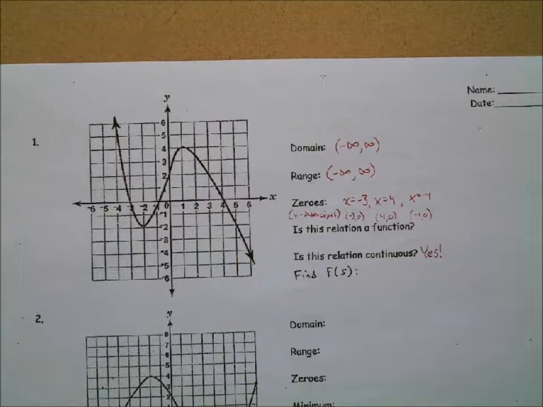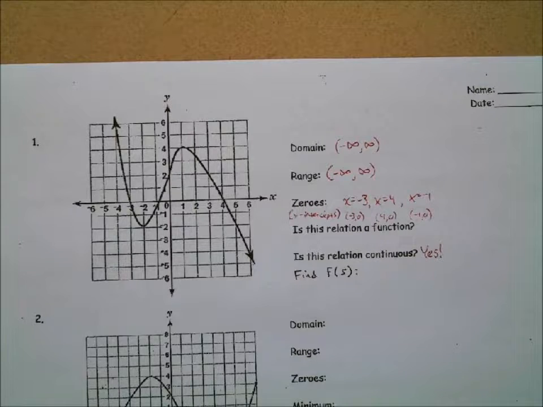Okay. Does this pass the vertical line test? Is this a function? Reagan says yes. She's giving you some help, maybe. Do you think she's right or not? What do you think? Yes. I don't trust Reagan. But Sky's still going to say yes, right? Because she's right. The vertical line test says that if you can draw any vertical line and it will only hit the graph once, it's a function.